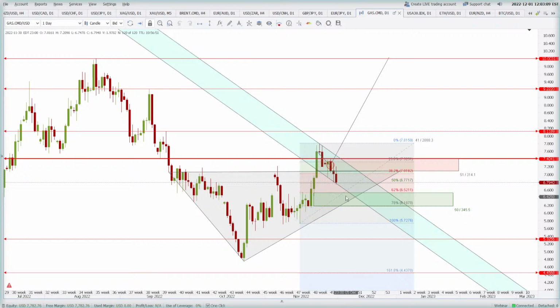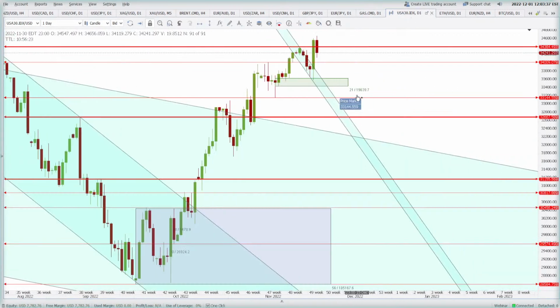So look for a buying opportunity here somewhere, and if you use this triangle, then this may be your area of opportunity. Okay, I'm keeping that ellipse so that you understand. Tomorrow, if the price hits this area of 6.52, I think that will be our area of opportunity to go long in the gas. USA 30,